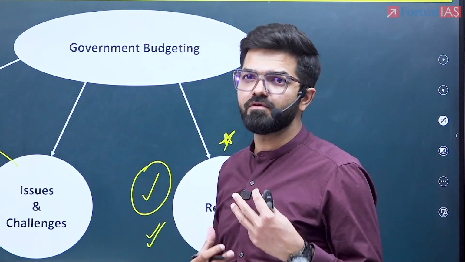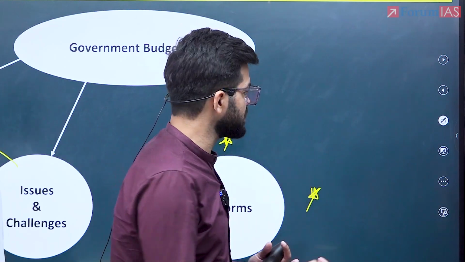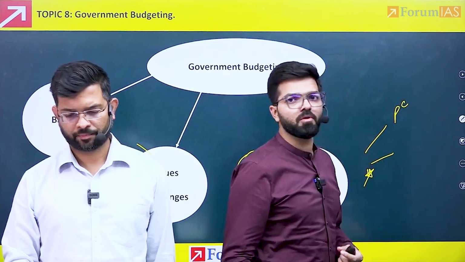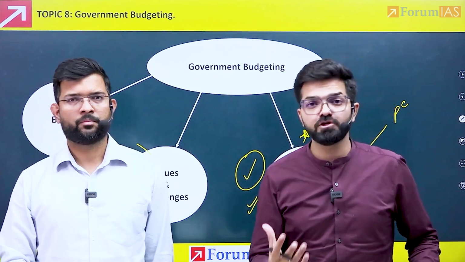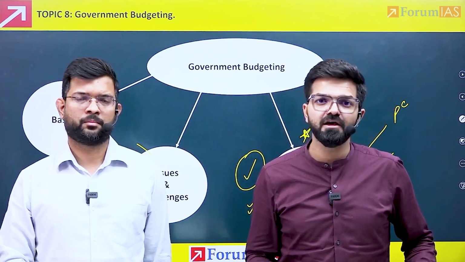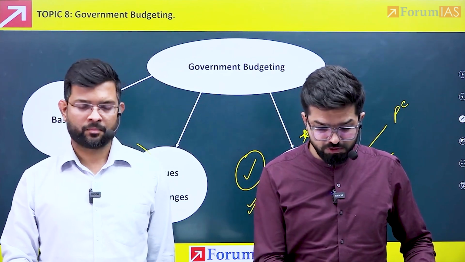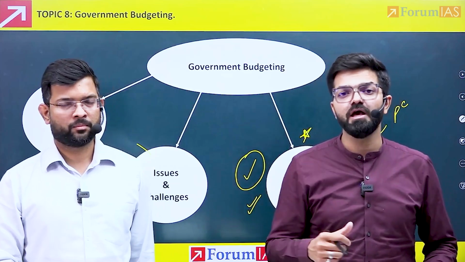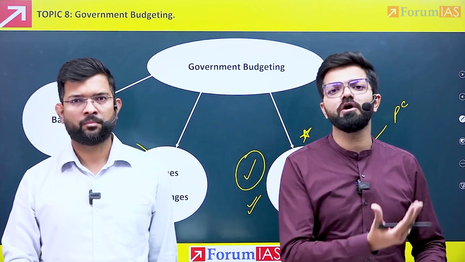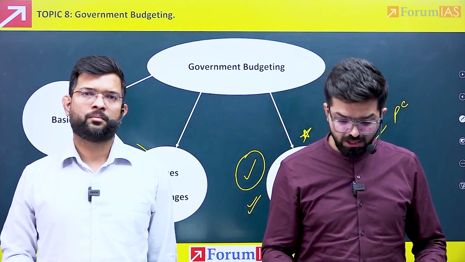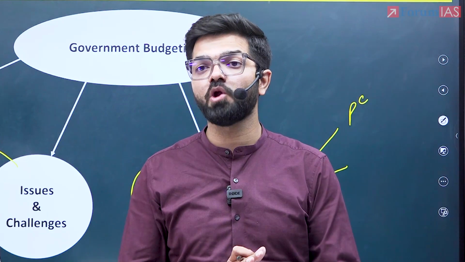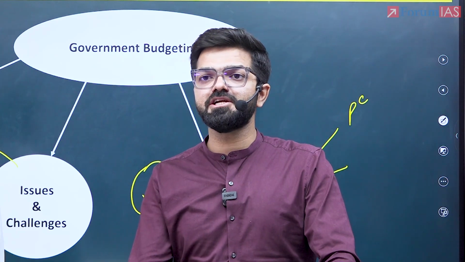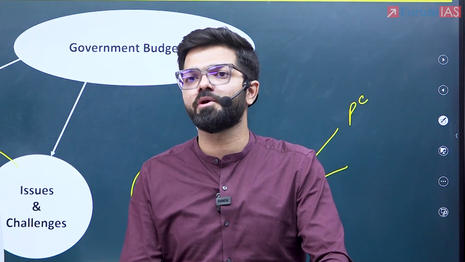Now, what can be the keywords on which you can suggest something? Of course, there are various keywords like, let's say, performance budgeting. You can talk about gender budgeting, or let's say zero-based budgeting. You can talk about green budgeting. All these are suggestions, or keywords, which you can utilize not just under government budgeting, but in any issue. Let's say you are talking about labor force participation rate. So you should be talking about gender budgeting. It is quite natural. Knowledge hub we have created recently. ESG budgeting again. So these are various initiatives through which you should be recommending reforms from your end, right?